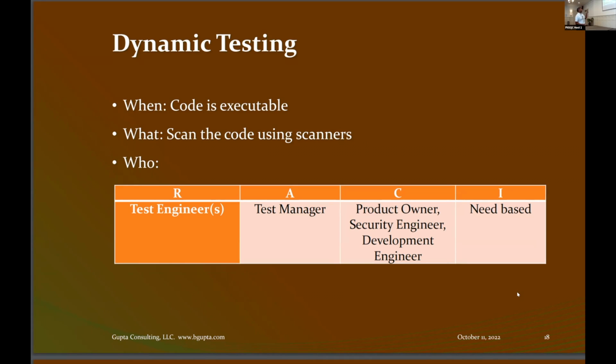So that's the dynamic testing. Now, this is just the scanning. Scanning is when you take a tool and run it on your code, and it'll give you some high-level vulnerabilities. You haven't tested the code yet. You're just running through a scanner. There may be times when you say, oh yeah, we have run it through ZAP proxy, we have run it through Burp Suite, it's good. No, it's not good. Those tools are designed to find particular vulnerabilities. They're not designed to find all the vulnerabilities.